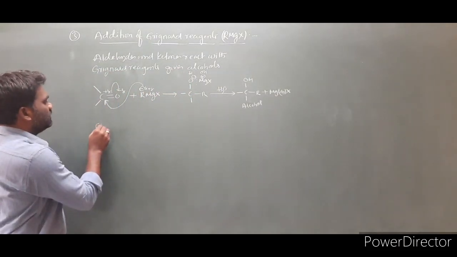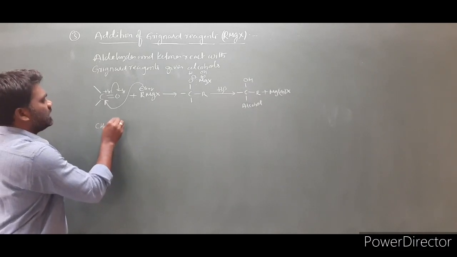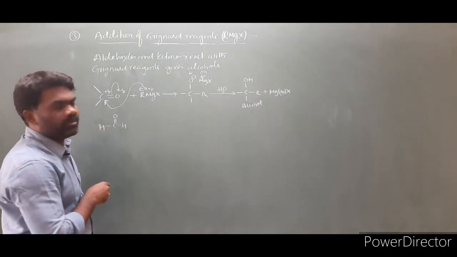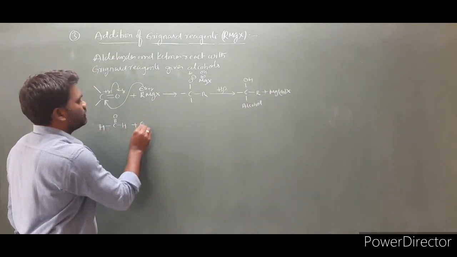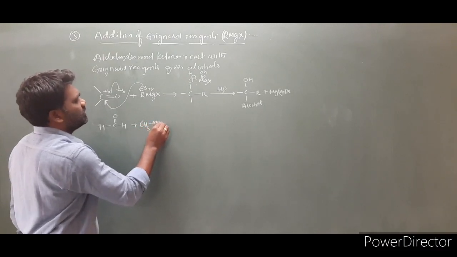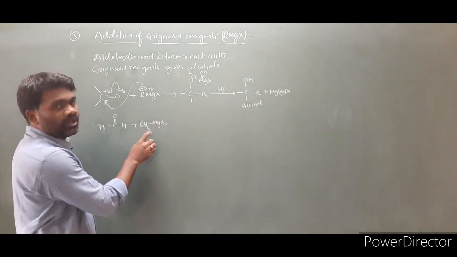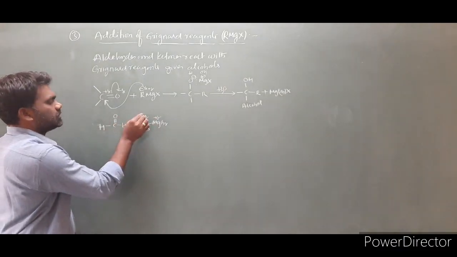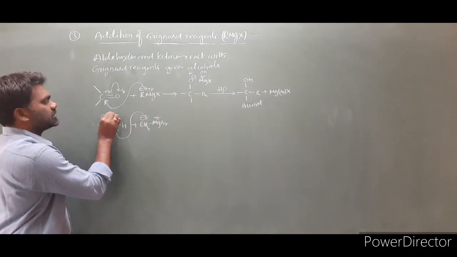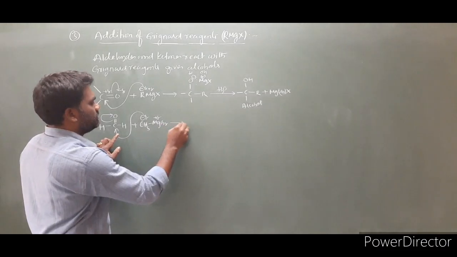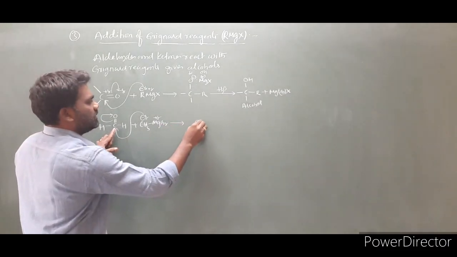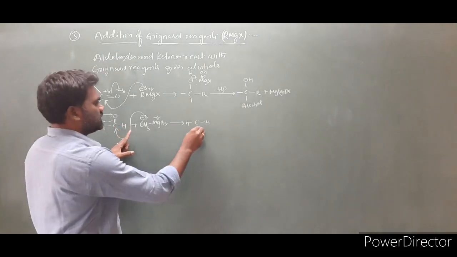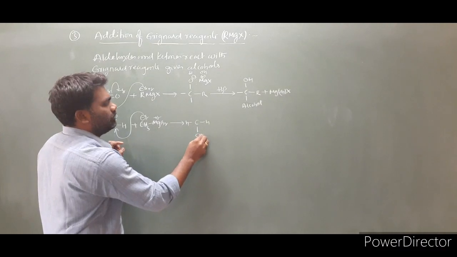I am taking an aldehyde, CH3 C double bond O H. I took this one, but first you can take formaldehyde, H C double bond O H. This will react with CH3MgBr, which is a Grignard reagent. This is the partial negative charge, this is the partial positive charge. So this is negative, this is positive, and it can directly attack here. Then this bond moves here. The product is this carbon, with two hydrogens attached and remaining, and to this we attach a methyl group. I wrote a methyl group.